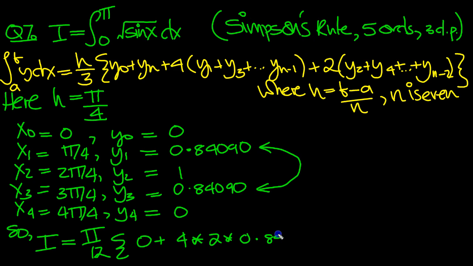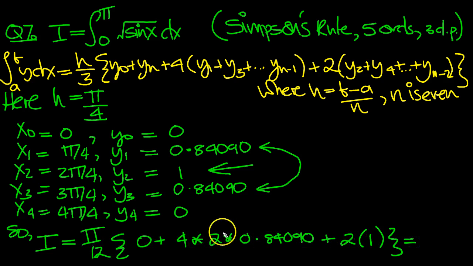We can see they're both the same, so we can put 2 times that, and 4 times the whole thing, plus 2 times the even ones. And there's only one even entry, which is 1, so that's easy. And then we close the brace, and that's equal to